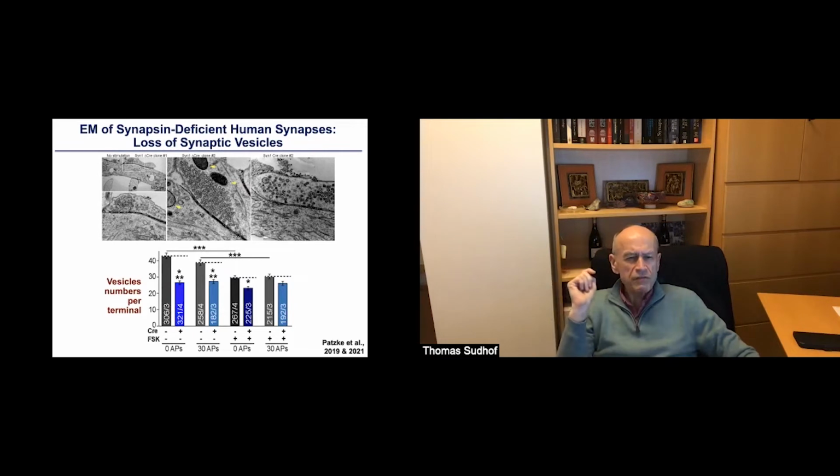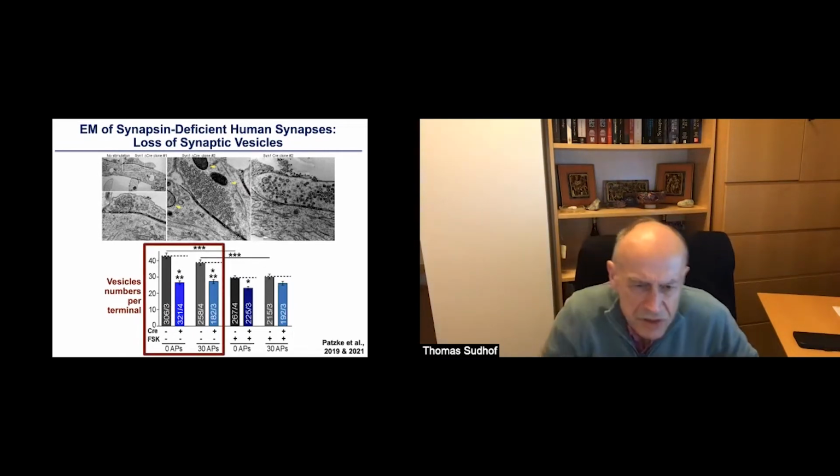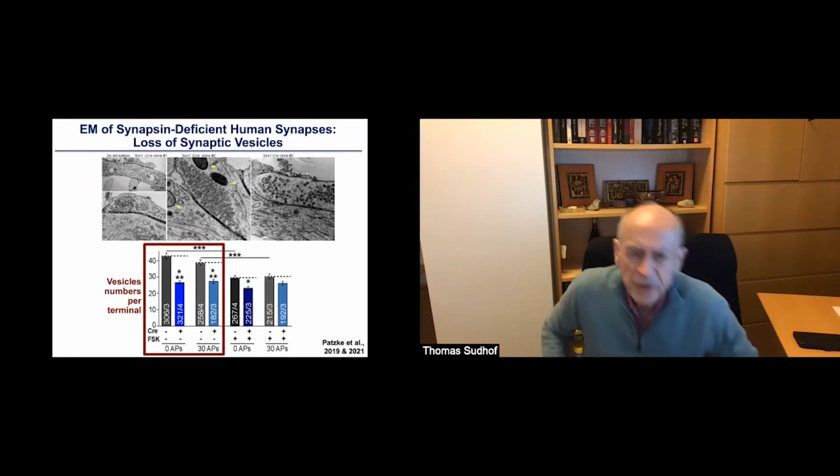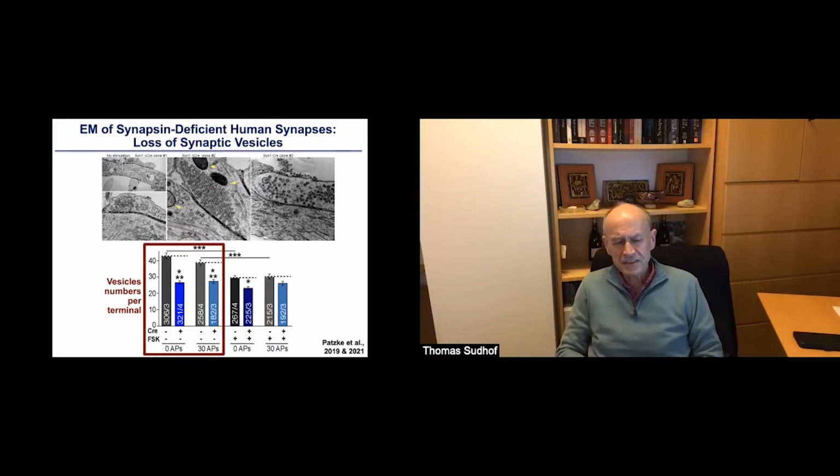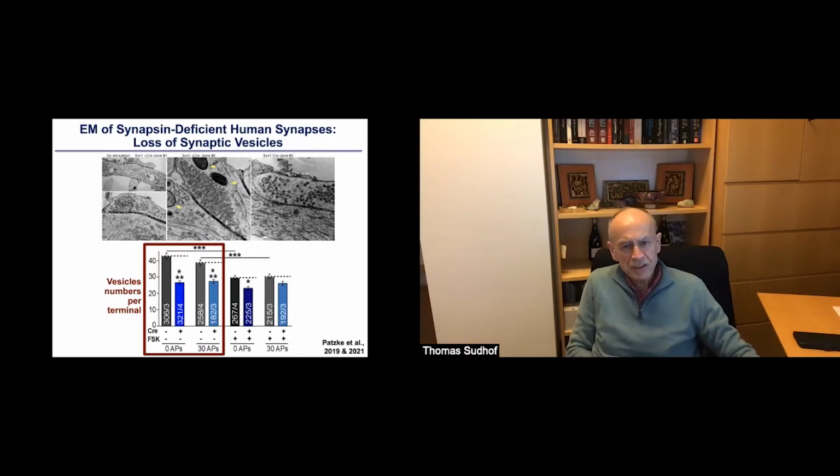And when we quantified the synaptic vesicles as a function of the synapsin deletion, we observed that there was a loss of synaptic vesicles by the synapsin deletion, as you see here in two, and this was independent of stimulation. Stimulation itself caused a small decrease that was not significant, but even after 30 action potentials, there was synapsin deletion